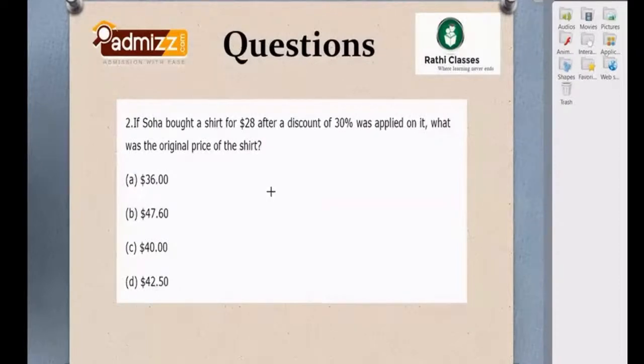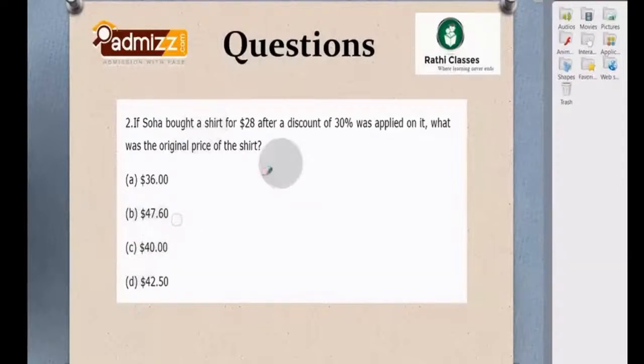That means X minus 30% of X is nothing but 0.7X, that is equal to 28. So 0.7X equals 28. If you divide 28 by 7, the result should be a multiple of 4, and 28 is actually divisible by 7. That means 4. So the option is 40. How? At 28 by 0.7 you can easily read it as 280 by 7, and 7 fours are 28, so 280 by 7 is 40, so option is C.